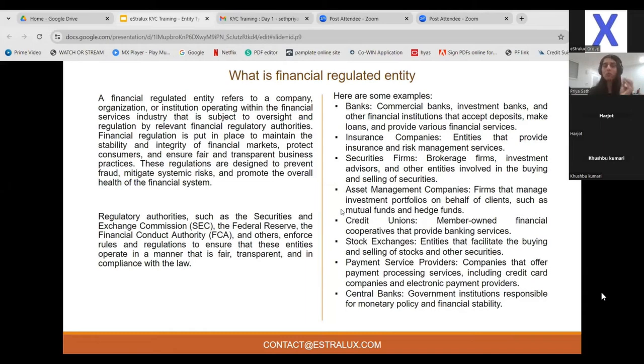So when you want to do KYC on a regulated entity, what is the first thing you will want to collect as a requirement? Can somebody tell me what the first thing will be when a regulated entity comes into the picture for KYC? Think about it. It is a regulated entity. So what document would we have as the very first or main thing? Anybody?